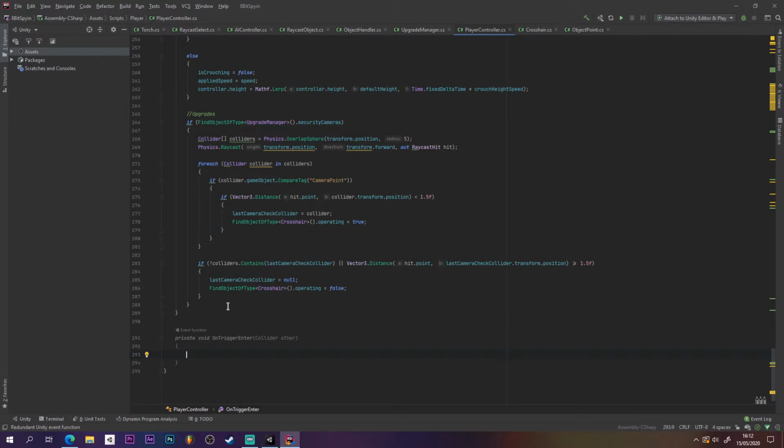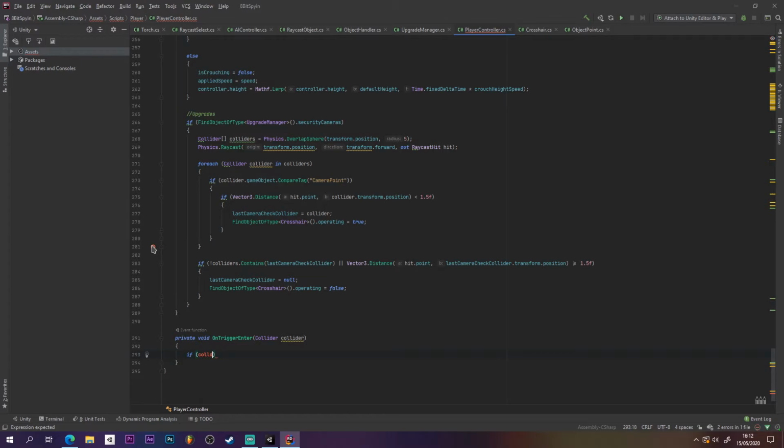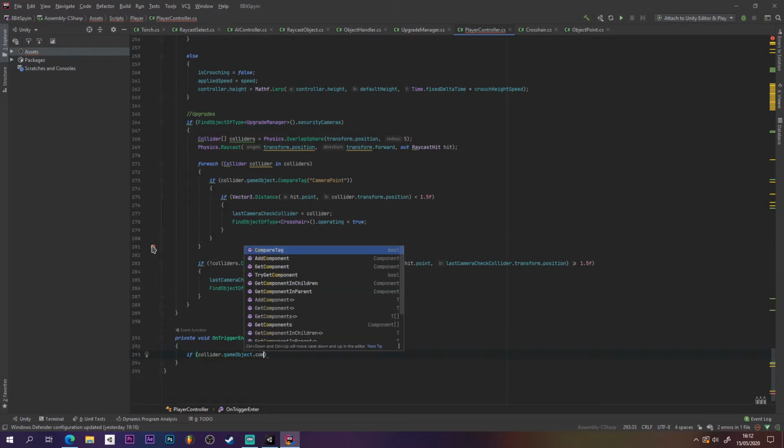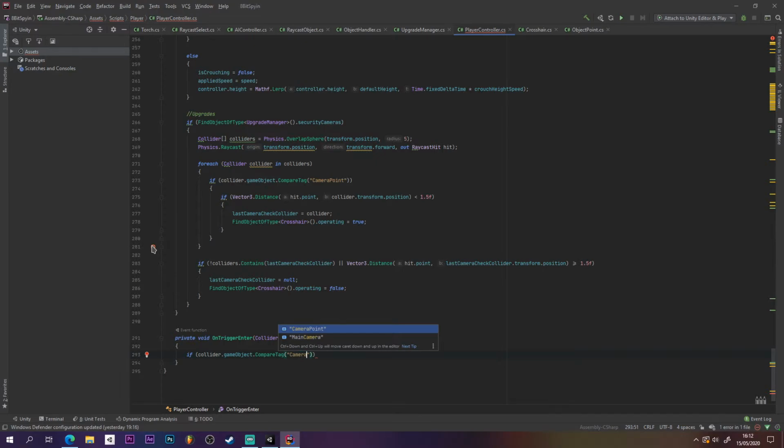So on that, if that's a terrible name. If collider.gameObject.tag is camera point, then